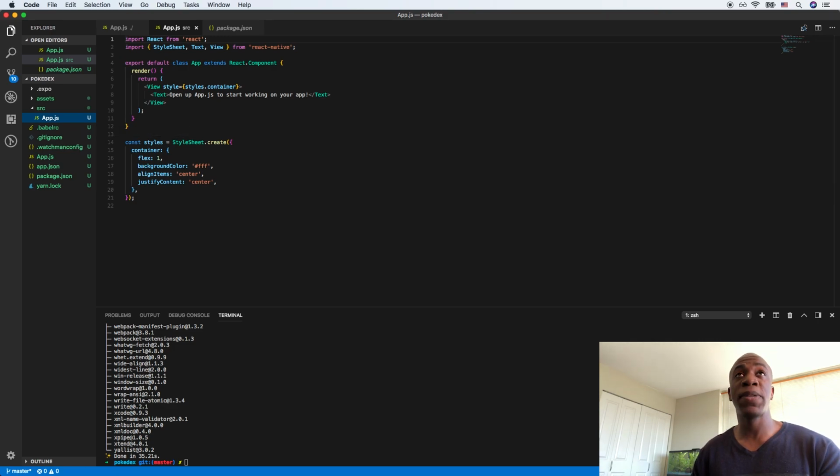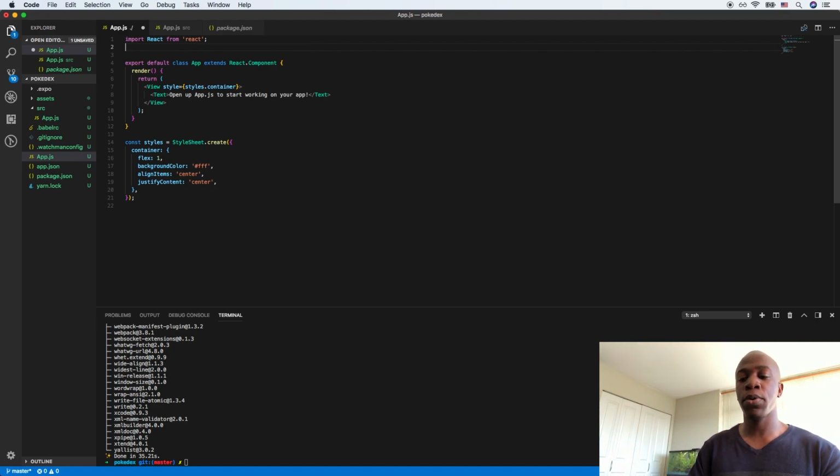Then, just to keep things clean, let's make sure that our app.js is simply importing the source/app.js and rendering that one. So it's going to look a little something like this. Let's call it HybridApp. We'll do import HybridApp from source app. And then over here, all we're going to do is render the HybridApp component